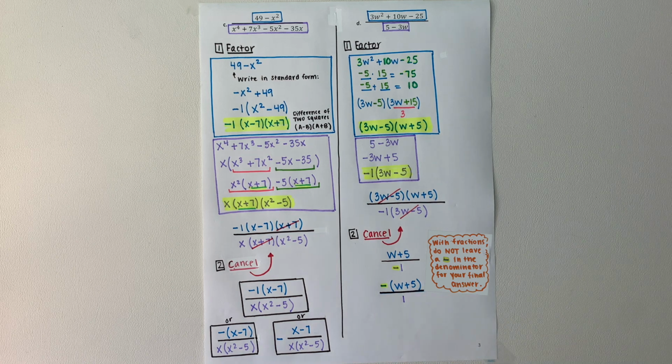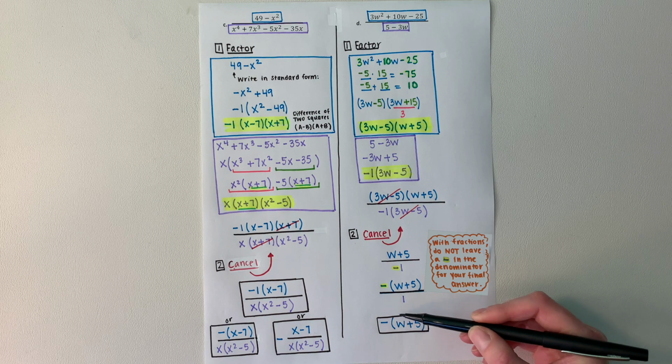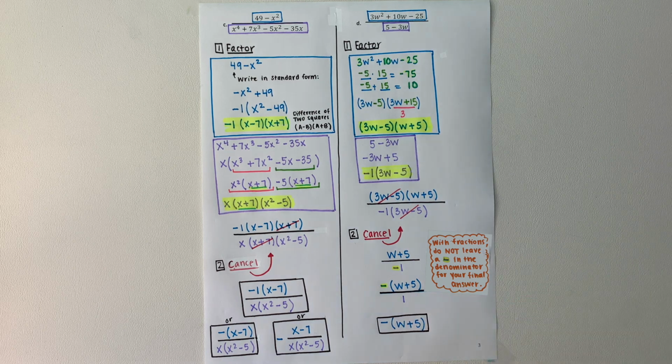Now we can still simplify this further because dividing by 1 does not change the value of your expression. So if you have 1 in your denominator, you don't need to write that 1 for your final answer. So for our final answer, we can get rid of that 1 in the denominator and write our answer like this. If you'd like to take an extra step and distribute this negative, you can, and that would leave you